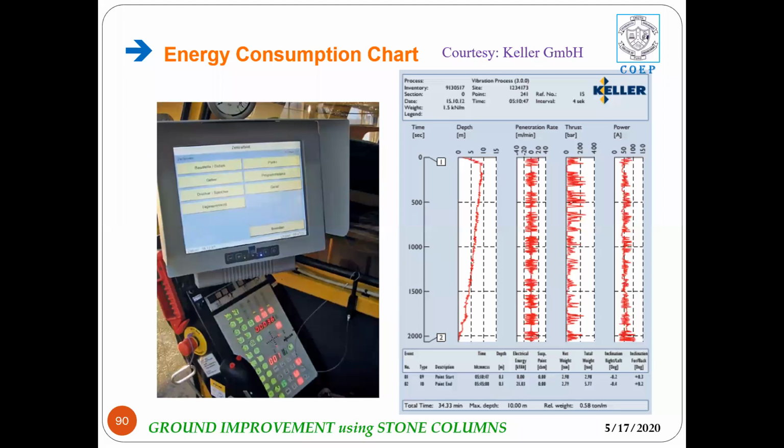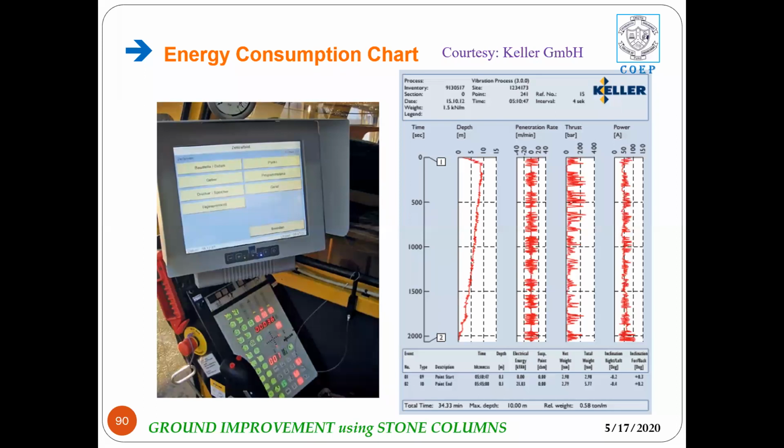And once the stone column is completed, this energy consumption chart can be printed, and this will inform us as to whether the density that was expected has been achieved for the concerned stone column. If there is any issue regarding the density or any other parameter, then that particular stone column will have to be reinstalled. So this will help us, because we cannot go to a depth of 10 meter and ascertain whether